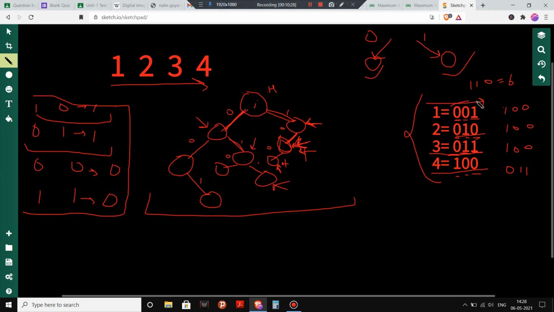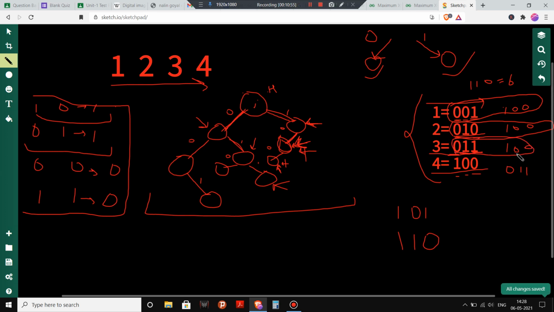Now if we calculate the XOR of these two, the XOR will be according to this truth table. The XOR will be 1 0 1. The XOR of 0 1 0 and 1 0 0 will be 1 1 0. The XOR of 1 0 0 and 0 1 1 will be 1 1 1.